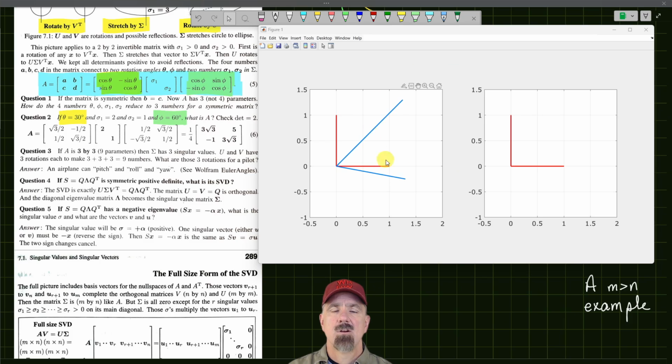All right, so what I have here is MATLAB set up. I have the two standard basis vectors. I have i hat here and j hat here. And the action that's provided by this matrix right here gives us the two blue vectors. And what I want to do is just demonstrate for you what's happening with the singular value decomposition. So the first thing that's going to happen,